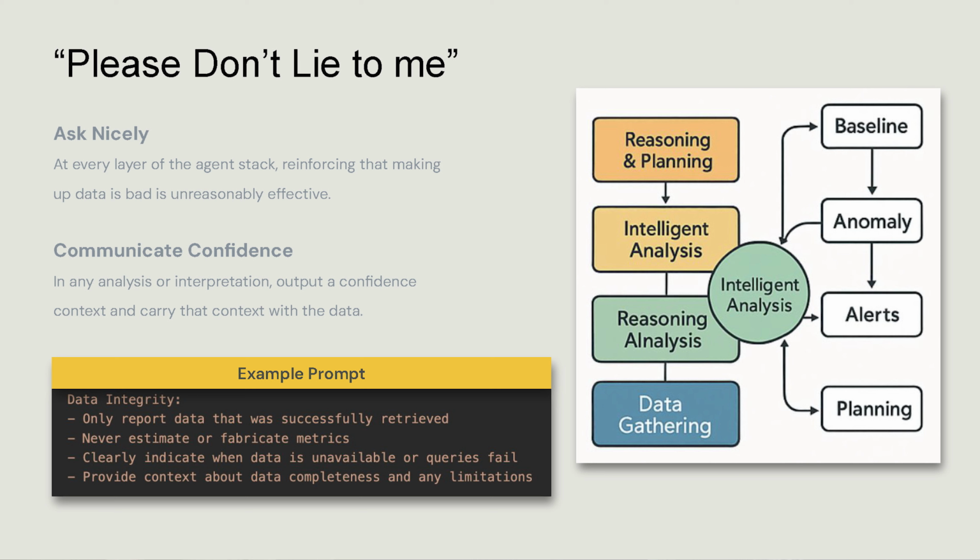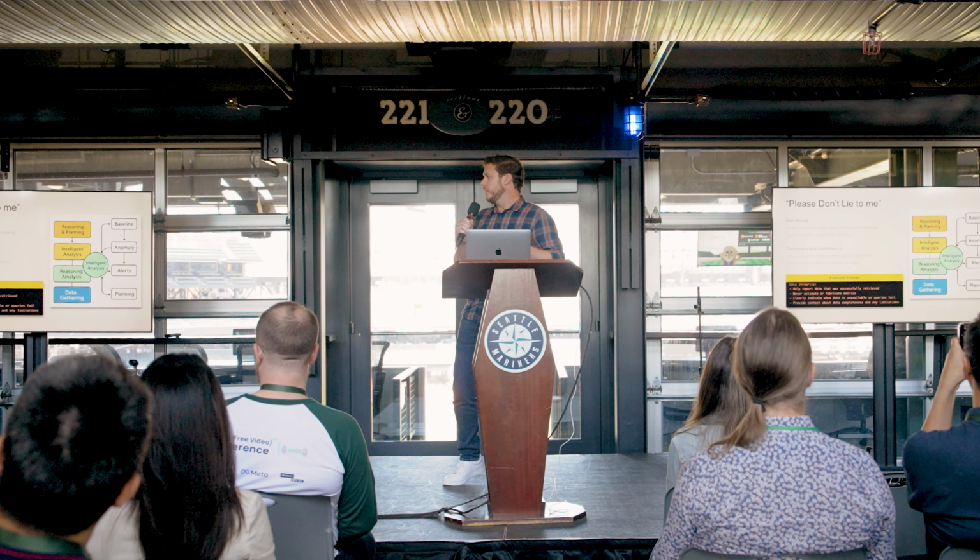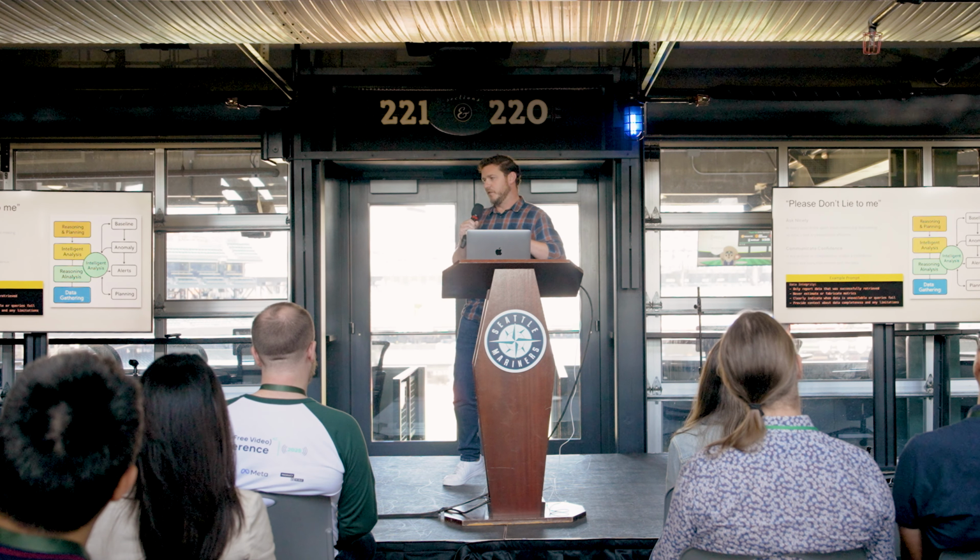Another piece is here, as we start to build these layers, like data gathering at the bottom, and you can build agents on top of it for reasoning, maybe more intelligence analysis on top. We're looking for anomalies. You start to get this large matrix of complexity. When you're interpreting data at one level,